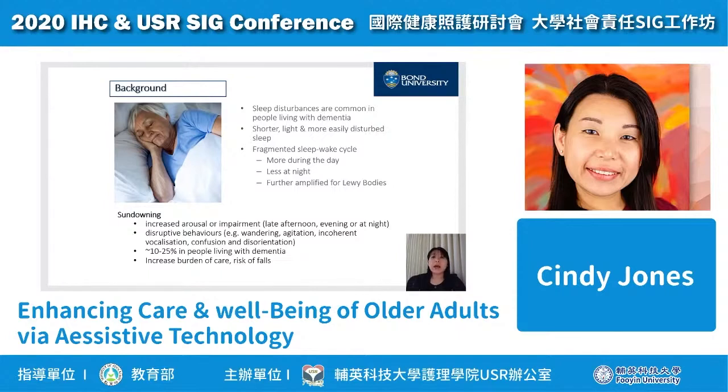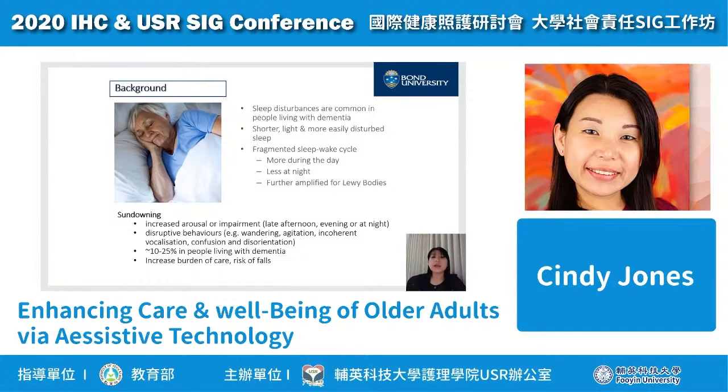Now, when an older person with dementia experiences sundowning, they are more likely to have disruptive behavior such as wandering, agitation, incoherent vocalization, confusion, and even disorientation in the late afternoon. Around 10 to 25% of people living in aged care facilities exhibit signs of sundowning. So it's quite common,